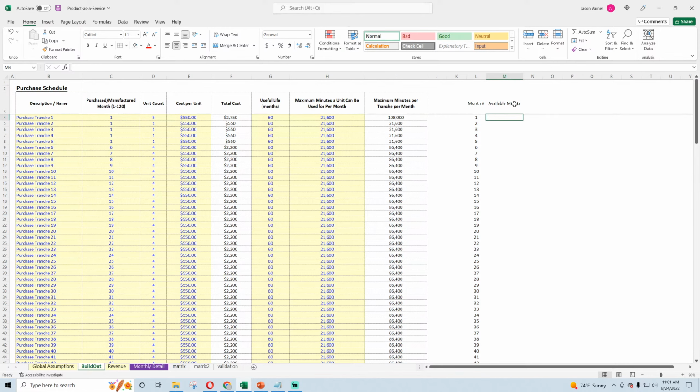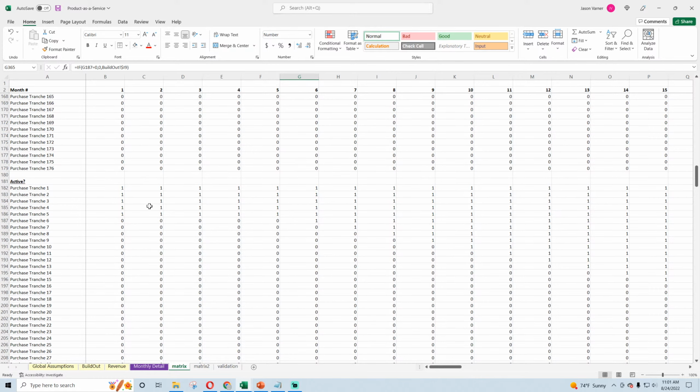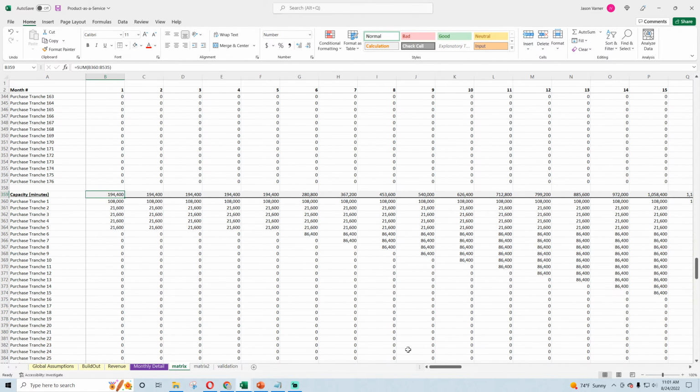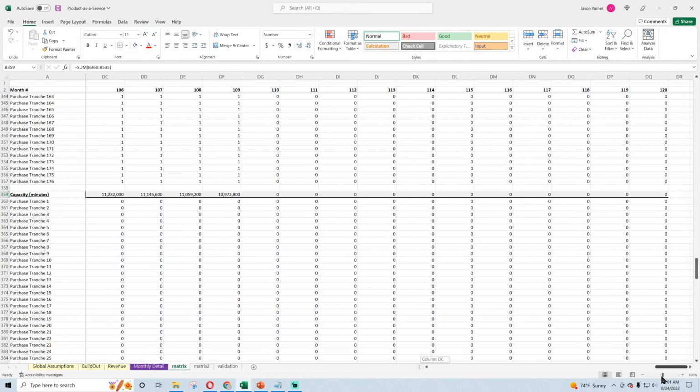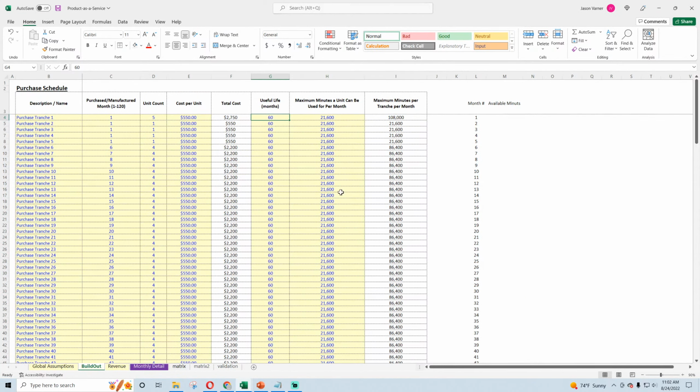To know the amount of available minutes, we're going to have to go to the other matrix we already did yesterday. So we have the age of the tranche, we have if it's active or not, and then based on that, we have capacity each month. So this is really cool. Here's our capacity number we need to pull over time. Now you can see in month 109, we actually drop off and have no capacity because of this useful life of 60 months. So this will all have to be planned to make sense in this context.